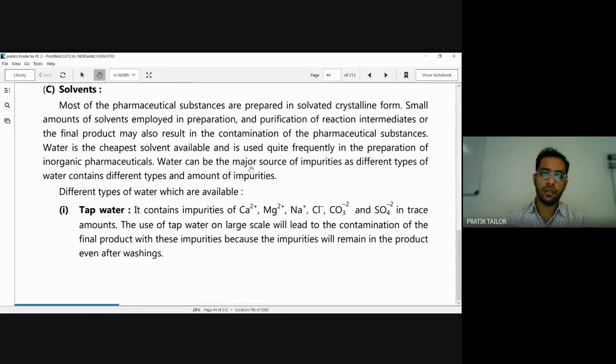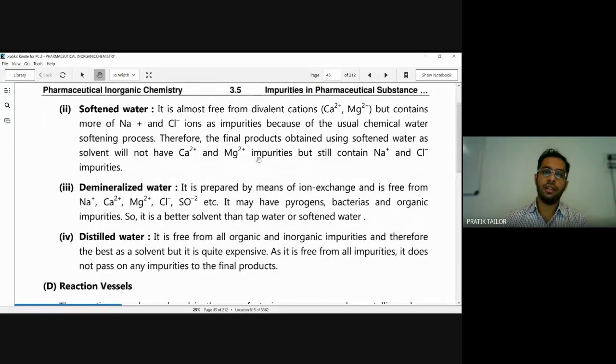Other solvents, if we are using, like alcohol or others, may also contain some impurity. If we are using an impure solvent, this impurity can be transferred to the final product. So what we are doing, sometimes we use softening procedures,